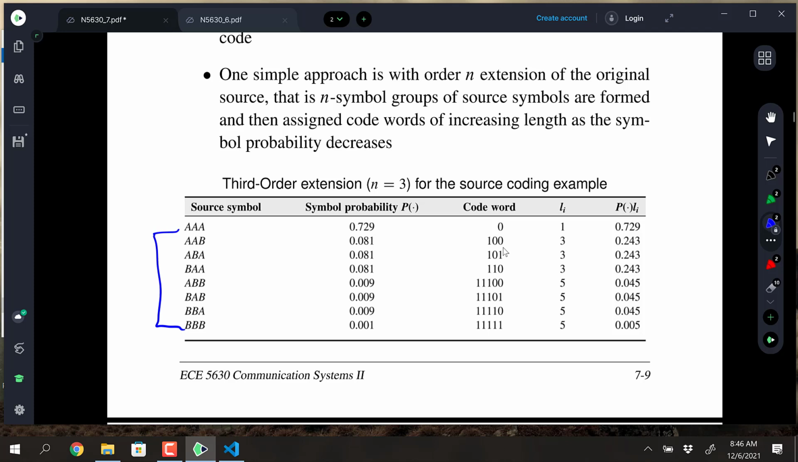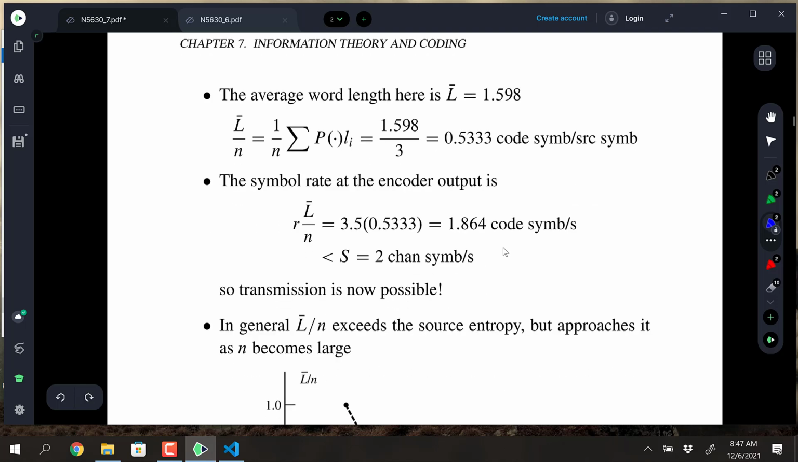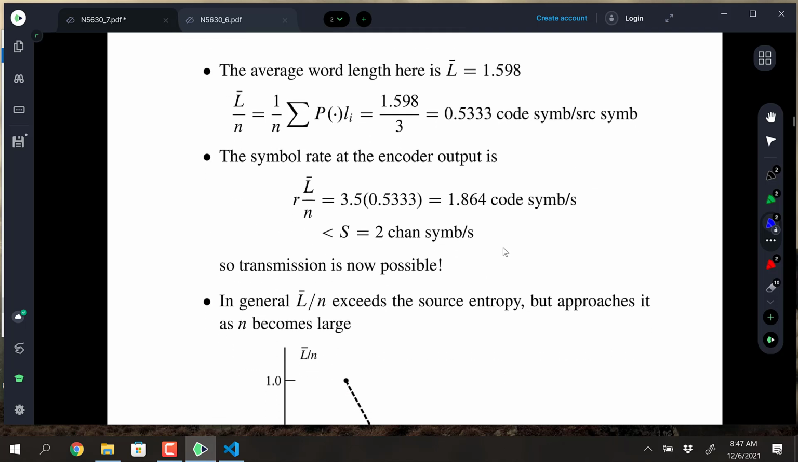AAB, the product of those probabilities, and that code word is going to be 100. And this is the assignment that's just made here arbitrarily, and then just continue on down the line creating code words that match the different symbol combinations, not repeating anything, of course, and then getting the weighting from the length and summing that up and then getting the average word length. So for this particular short table,